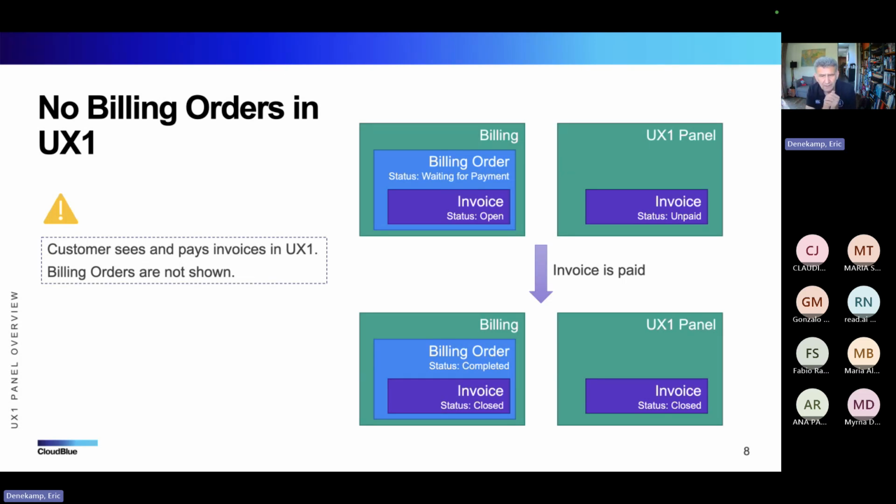displaying billing orders. When a customer pays an invoice in UX1, billing closes that invoice with the payment from the customer and thus closes the invoice as well as the payment. However, if an invoice is $0 because a product is free, or there is a